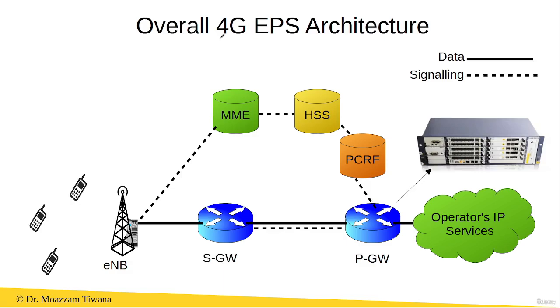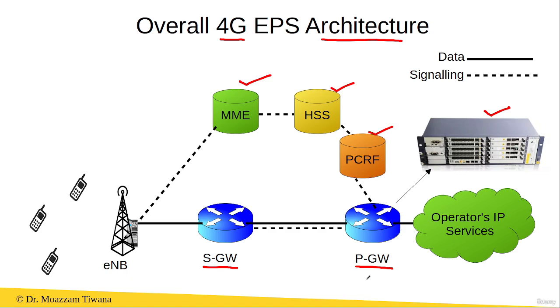Now, in the beginning, each component of the 4G architecture was implemented as a separate physical node. For example, the PDN gateway was a separate physical node that was implemented using custom hardware. The serving gateway was a separate physical node. The MME, the HSS, and the PCRF were separate physical nodes, and each of them was implemented using custom